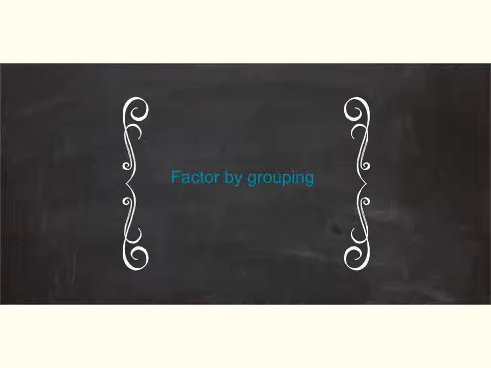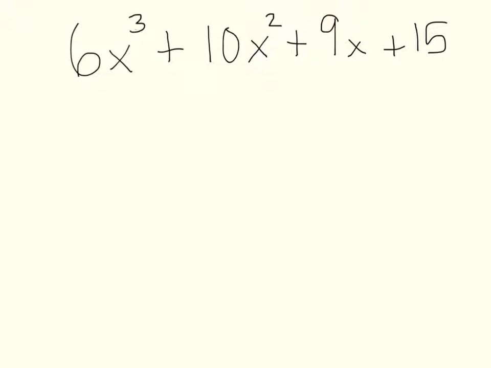Today, this short tutorial is going to cover factor by grouping. So let's pretend we start off with a problem that says 6x cubed plus 10x squared plus 9x plus 15. The reason that factor by grouping should pop into our head is that we have 4 terms going on here. In previous lessons, when we've factored, we've only had 3 terms, but this time we have 4. So our first indication that we're going to be using factor by grouping is probably that you're going to see 4 terms. Now, 99.9% of the time, you're going to group your first 2 terms together and your second 2